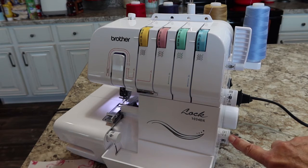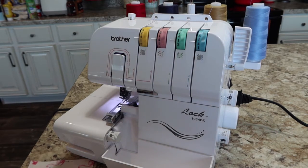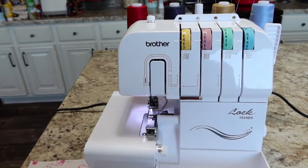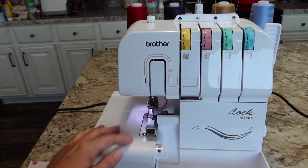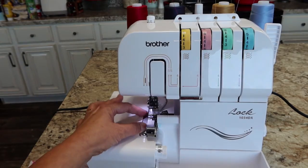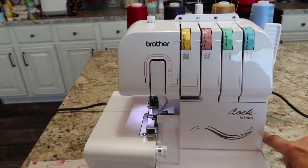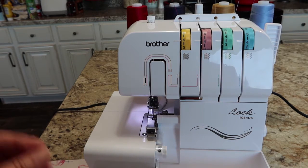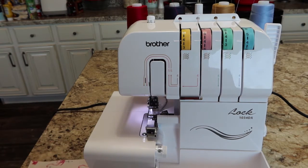This is the important knob. This is your differential feed. Differential feed means it feeds differently. Over here, underneath this foot, there are 2 sets of feed dogs. There's a set in the back and there's a set in the front, and they work separately. So if you have the differential feed set to 1, both of those sets of feed dogs are pushing the same amount of fabric through at the same time. Now if you go to 2, the front feed dog is pushing twice as much fabric as the back feed dog. That's why it gets bunched up in there and then it sews over it,